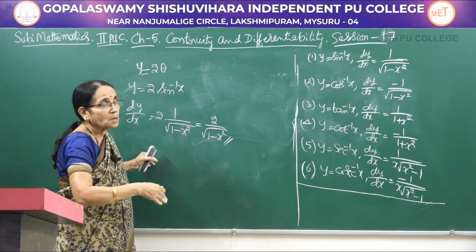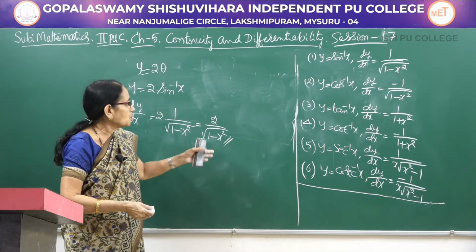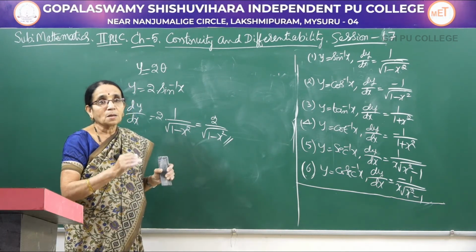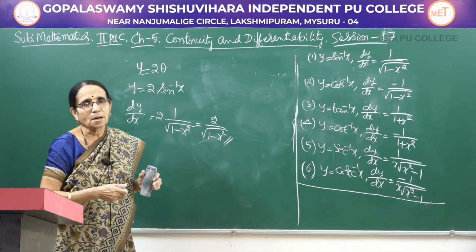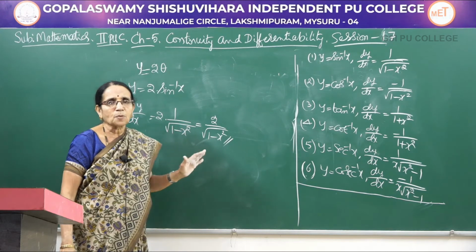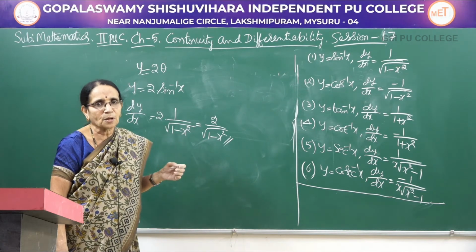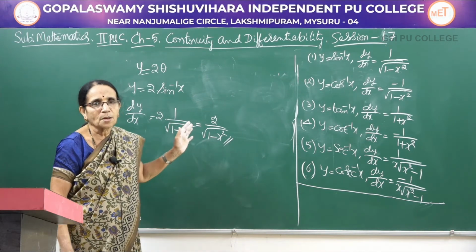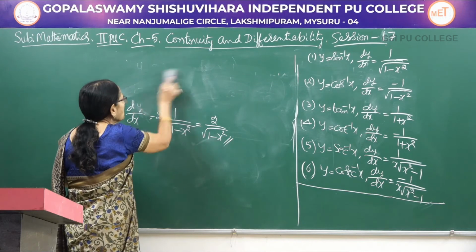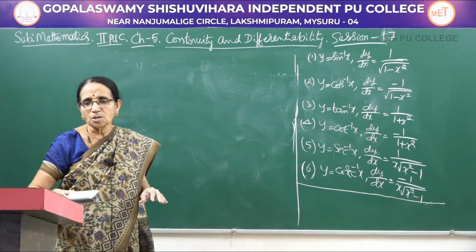If you have followed without applying the substitution, if you have differentiated also, you would have got the same answer, but the procedure would be a little bit difficult or complicated. So in such a problem, that is why expressing the inverse trigonometric function in simplest form was done in that particular chapter, so that it would be helpful in working out problems in calculus. That is why it was taught in the earlier chapter.